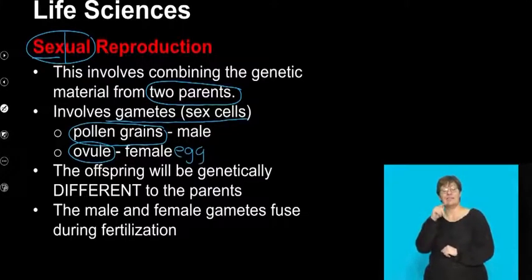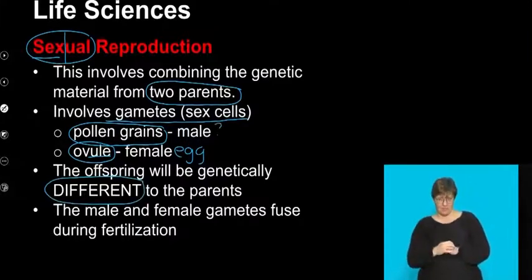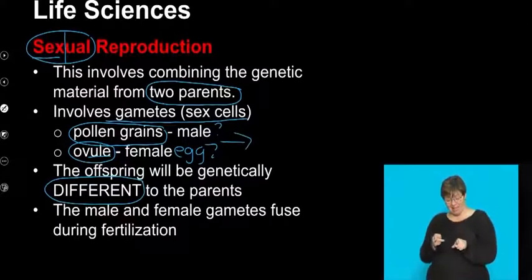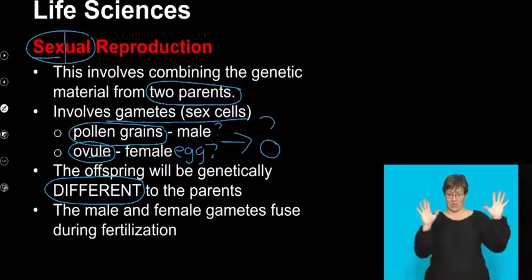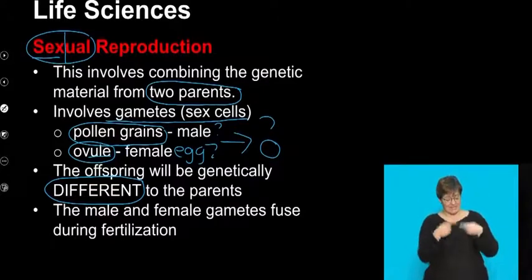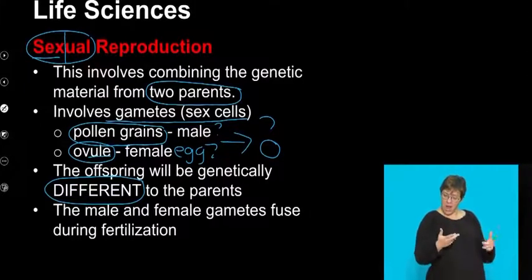Be very careful that you say ovule, because for humans we use ovum, and they're different things. Guys, this is where we do not have predictability. When you've got a male and a female, you have no idea what you are going to get when you combine the two. It is a surprise. And because they are different, that surprise could hold something really good and new, or maybe not so much.